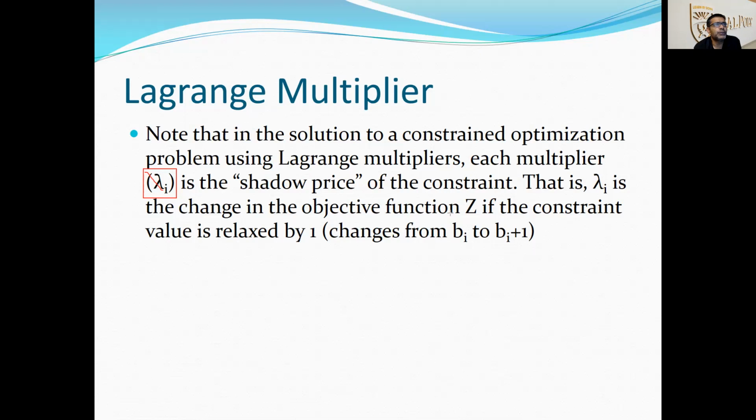So lambda is the change in the objective function z if the constraint value is relaxed by 1 unit. If you change from b_i to b_i plus 1, how much additional leverage do you get on your objective function? That's why we call it the shadow price. And remember, we are going to talk about this shadow price in our lab problem, even though we're not going to do any of this fancy derivatives and stuff like that. But the idea of shadow price is pretty consistent. The definition of shadow price is, if you relax any one of the constraints by 1 unit, how much extra you can get out of your objective function.